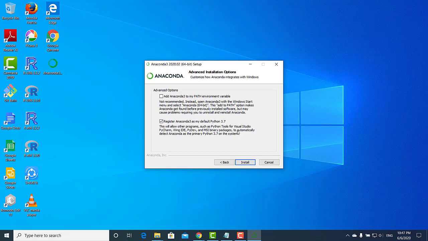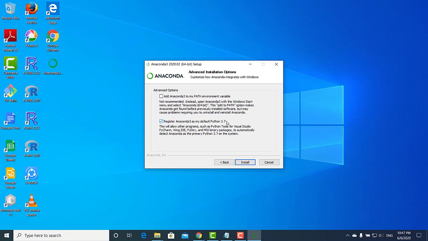So the IDE will automatically detect Anaconda Python 3.7 as the default one and run all the programs on it. If you are new to Python, if you have not installed any version of Python in your system, then you can let the box be checked, because it will make Python 3.7 provided by Anaconda the default one.